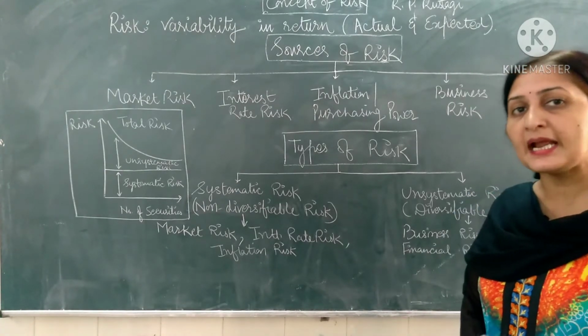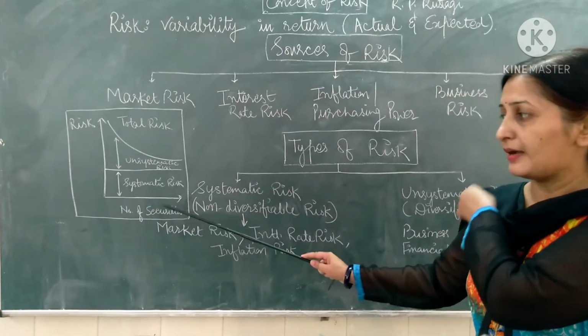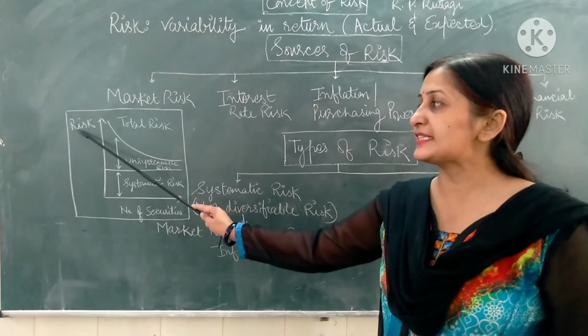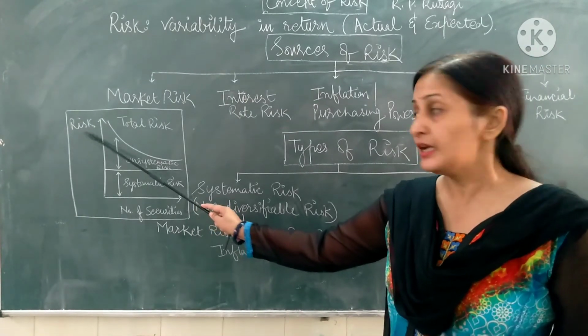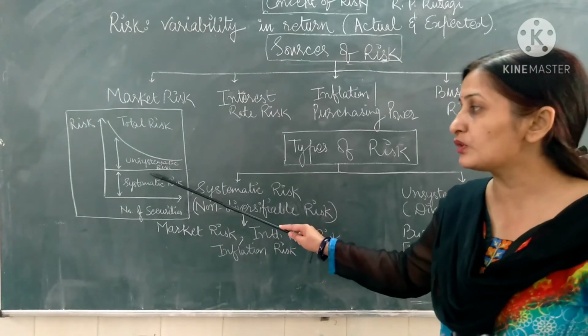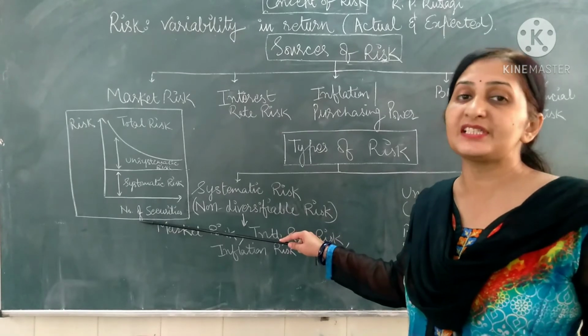This systematic and unsystematic risk can be shown with the help of a diagram. On the x-axis we have taken the number of securities, on the y-axis we have taken the risk. This line shows the systematic risk because it shows that whatever is the number of securities, आप कितना भी डाइवर्सिफिकेशन